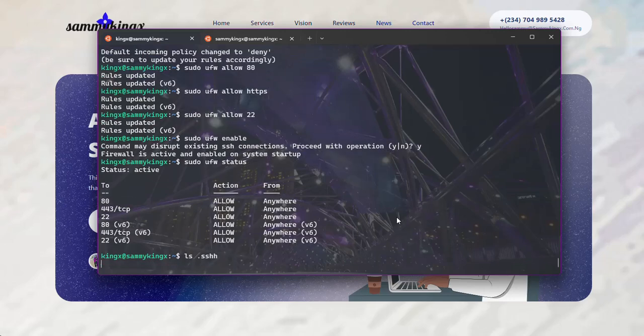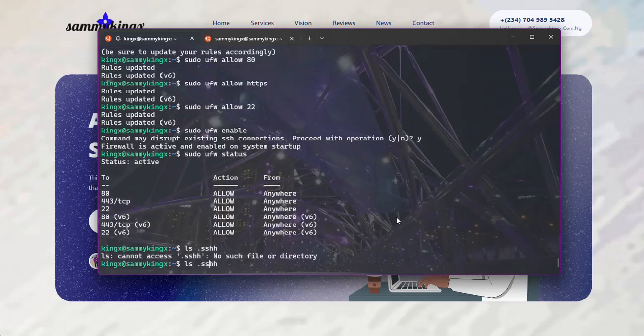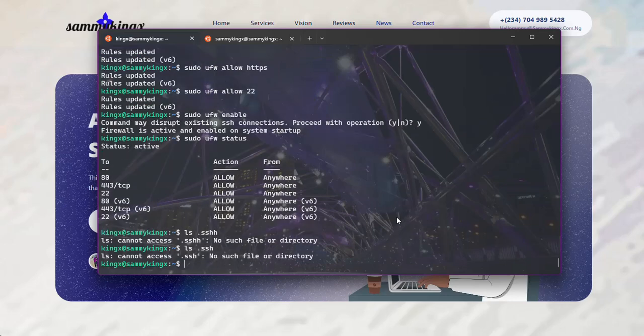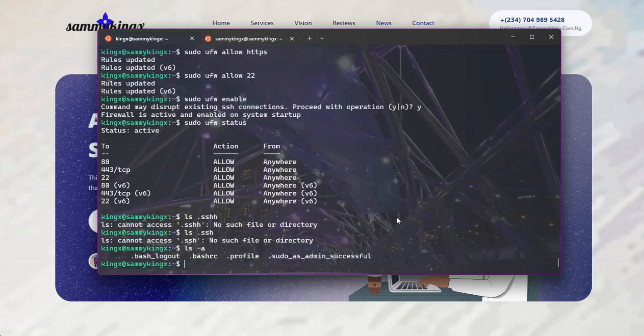Oh sorry, it is .ssh, not SSHH. So you can see it's not even locating this particular directory. Now let's say I do ls -a to see all, and you can see there is no .ssh directory here. So what I'll have to do now is create the directory called